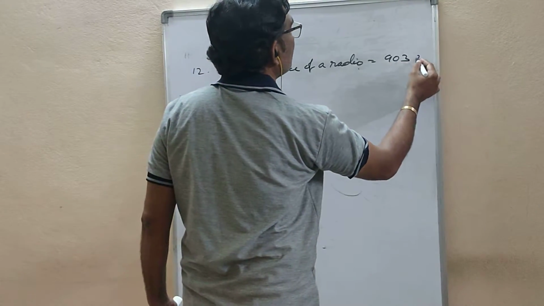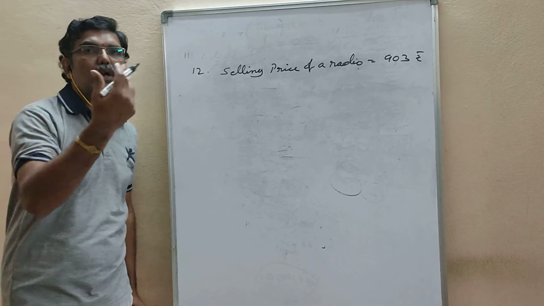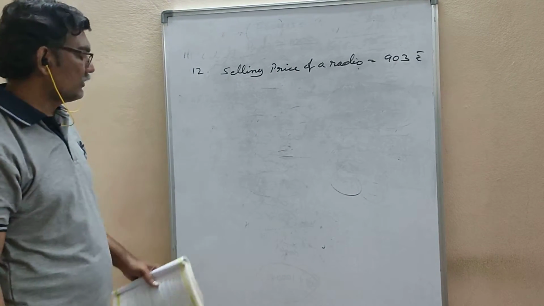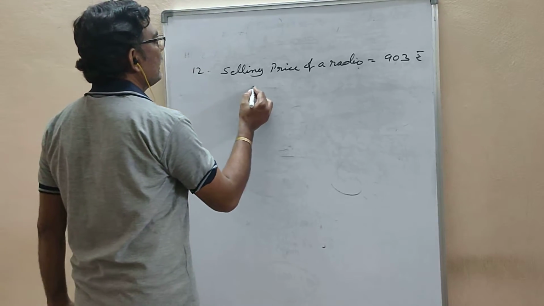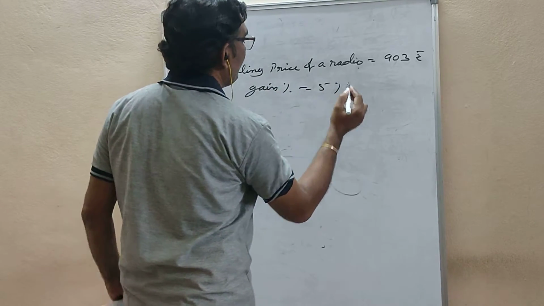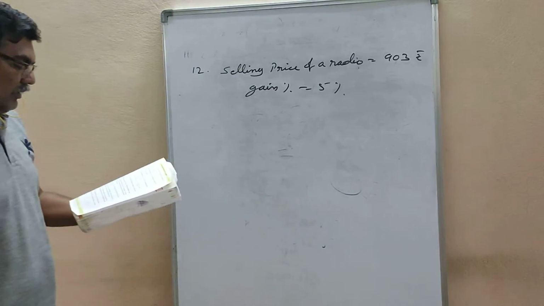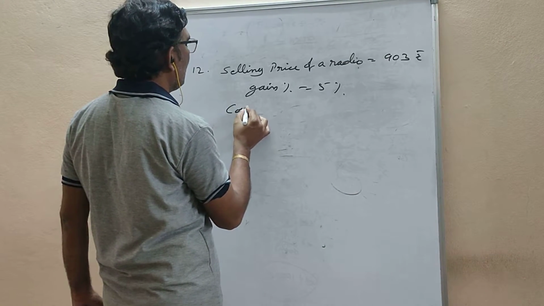903 rupees he purchased. Selling price. Selling means not purchased, he sold to another person. How much percentage did he get? Gain percent. How much did he get here? 5% he got. Find the cost price. So you have to find the cost price